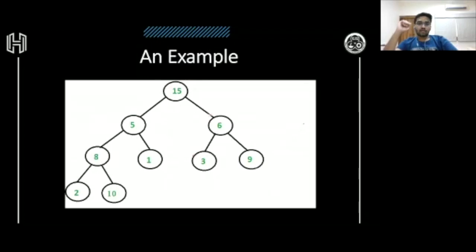So the efficiency of any search algorithm depends upon what you are searching for. If you are searching an element which is at the depths of the tree, then obviously it is better to use DFS. While if you are searching for an element that is at the upper levels, then it is better to go for breadth first searching.